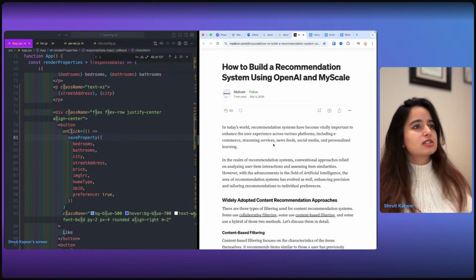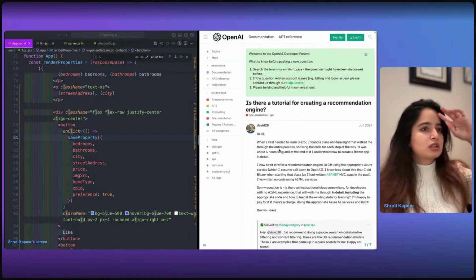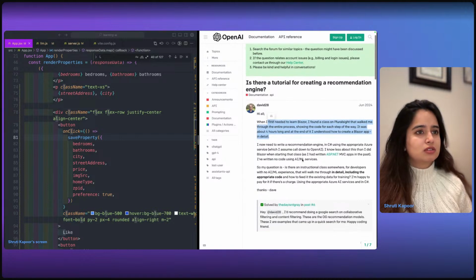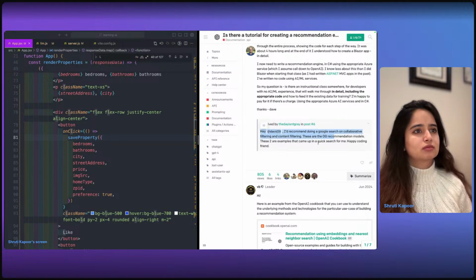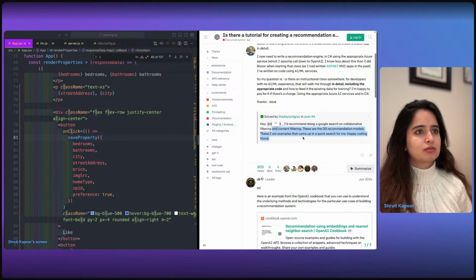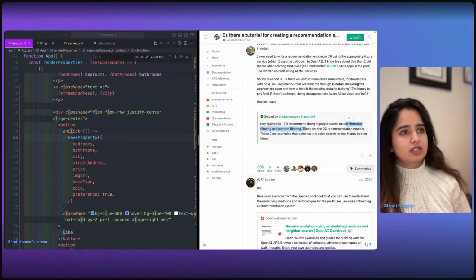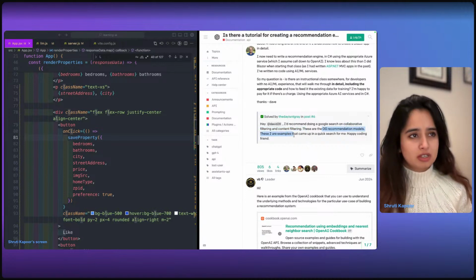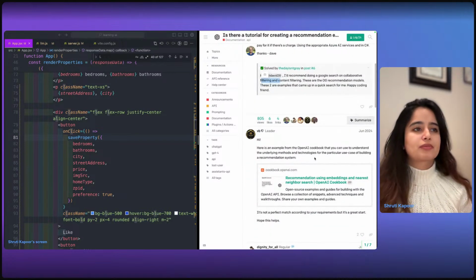Okay, let's read this. This person says, do a Google search on collaborative filtering and content filtering. These are the OG recommendation models. These two are examples that come up in a quick search for me. Interesting.